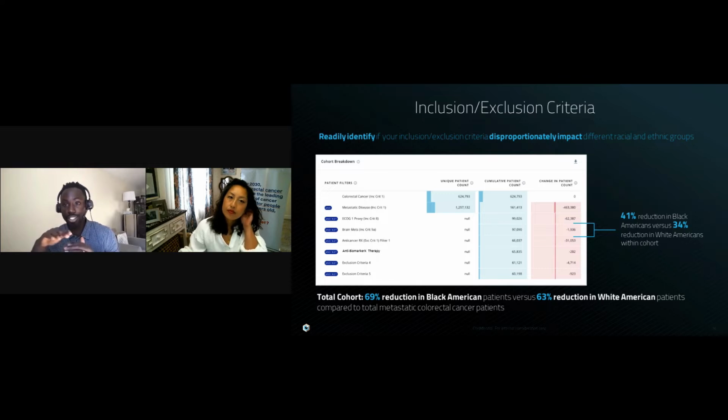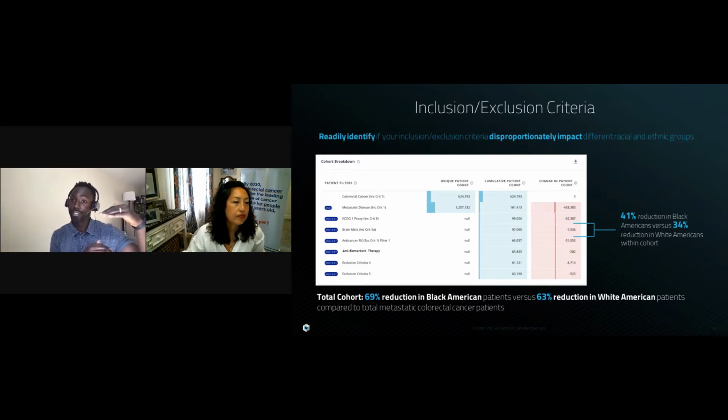And we saw strategically how each inclusion-exclusion criteria impacted that available population of patients who've been diagnosed with metastatic colorectal cancer. What we notice is that relative to the total population of patients diagnosed with metastatic colorectal cancer, there's a 69% reduction relative to that top line value versus the cohort of interest. 69% reduction in the available Black Americans in that final cohort, as opposed to a 63% reduction in the white